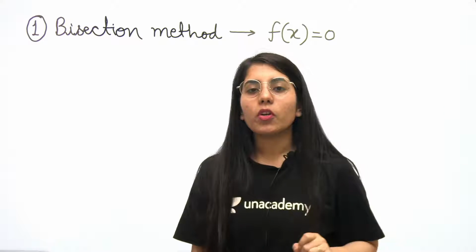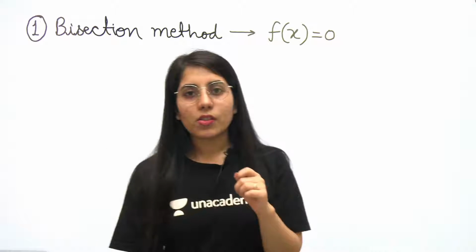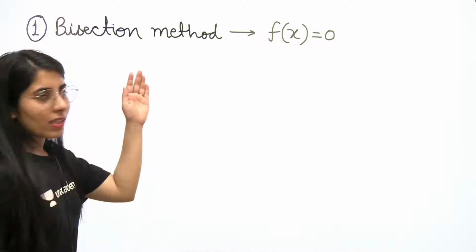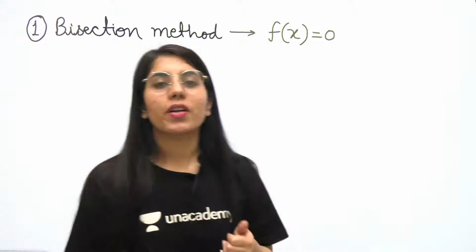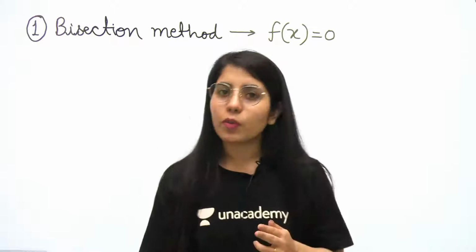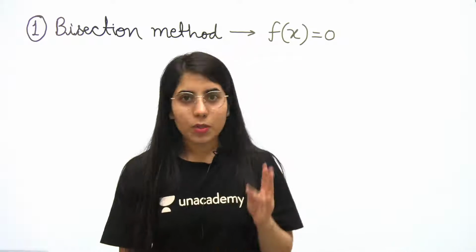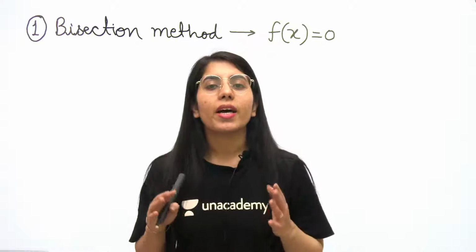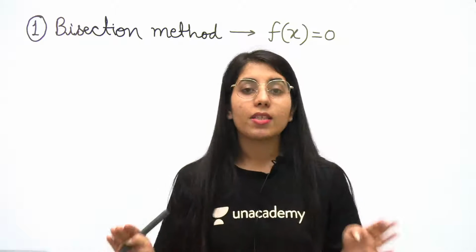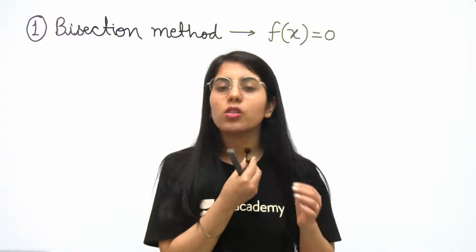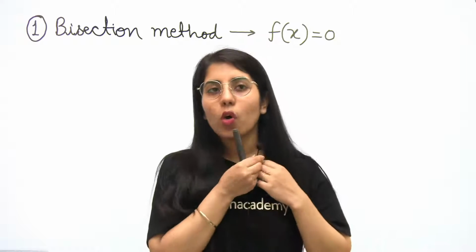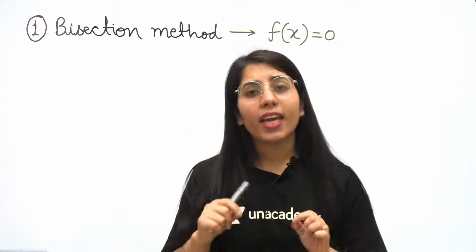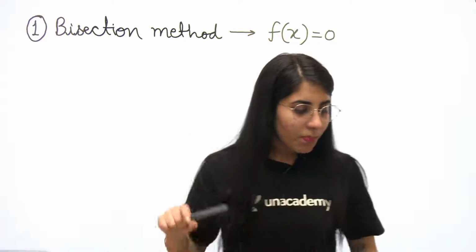Clear? So if I'm gonna talk about the different methods which we are gonna consider in this session today, it's gonna be bisection method, then we will talk about Newton-Raphson method, then Newton's forward difference method, then trapezoidal rule, then Simpson's 1/3 rule, then Simpson's 3/8 rule. So these are the different methods I'm gonna cover in this session today, okay. And I hope if you are gonna watch it till the end, you will get every method clearly and you will be able to solve any such related question on your own.